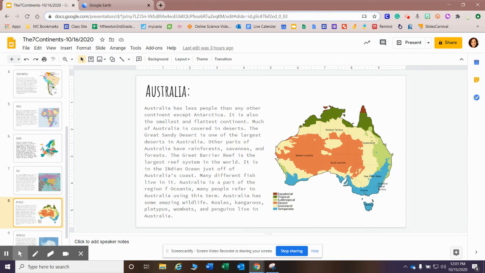The Great Sandy Desert is one of the largest deserts, and it's in Australia. Other parts of Australia also have rainforests, savannas, and forests. We looked at different habitats a couple weeks ago, and I've mentioned some of those, but the Great Barrier Reef is one of those habitats where you had to drag an animal or create an animal for it. It's the largest reef system in the world, and it's in the Indian Ocean, just off of Australia's coast. It's right up here. Many, many different fish live in that. And a lot of people call Australia Oceania, but